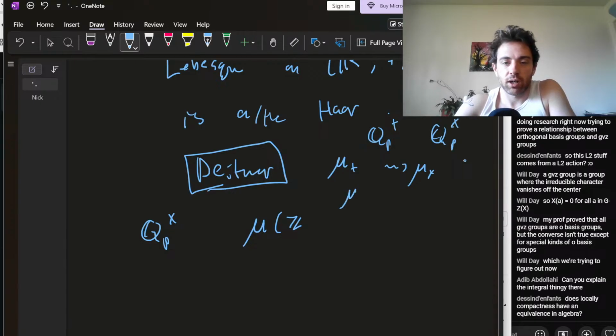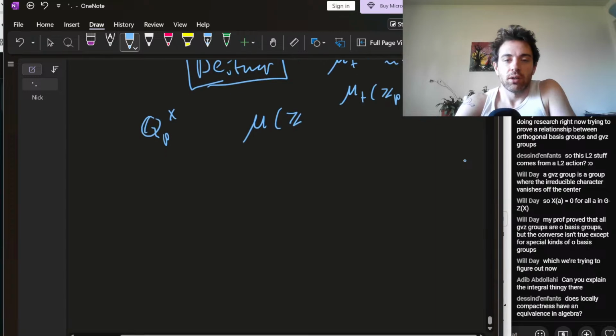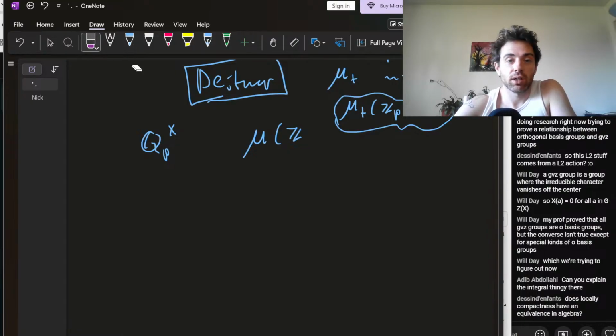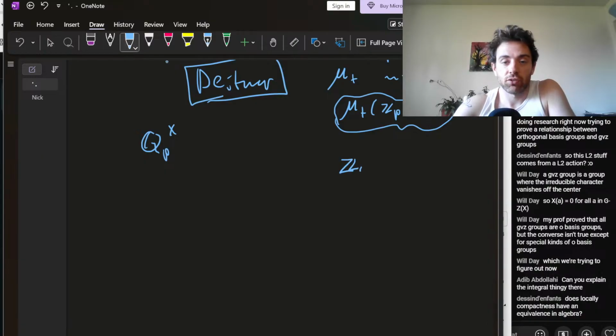And then you say, I'm going to normalize the additive Haar measure so that Z_p has volume 1. And then, using just this fact, and some facts like Z_p mod the ideal generated by p is isomorphic to the integers mod p,